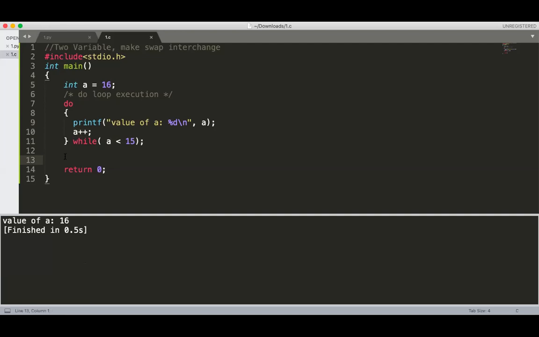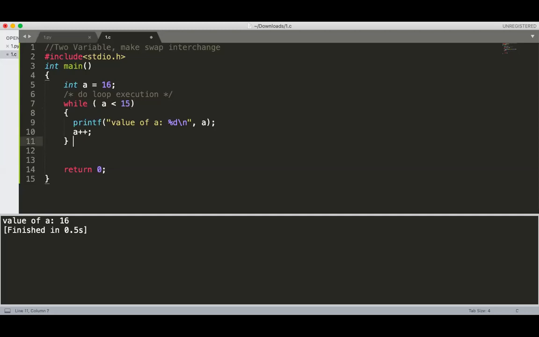Now you can see here that the condition is false the first time itself, but the printf will execute at least once. But suppose the same statements are implemented using a while loop. Instead of do, there is a while, and this is the condition.